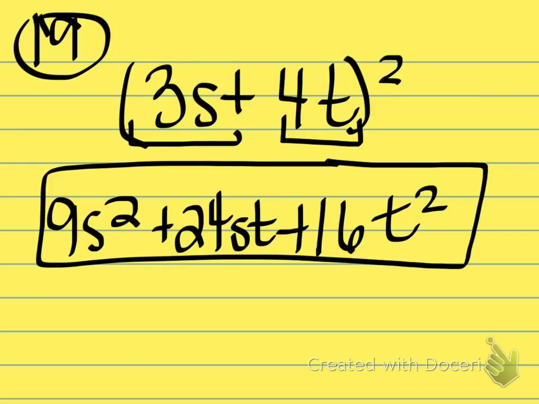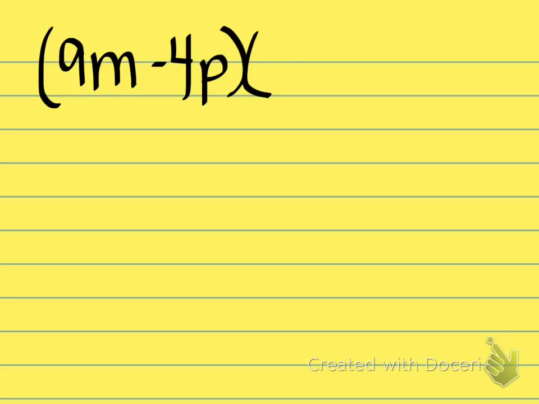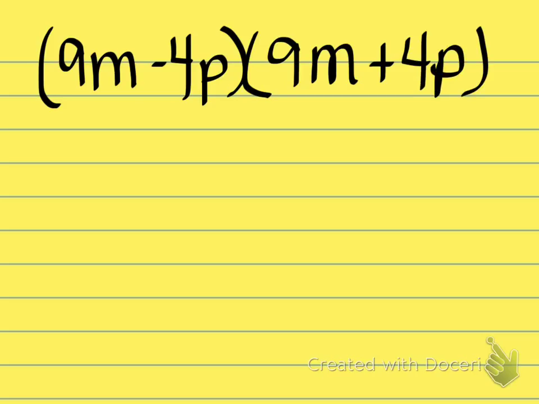All right, the last one was when we had those opposite signs in the middle. So we had 9m minus 4p times the quantity of 9m plus 4p. Once I see that I have binomials that are pretty much identical except for their signs, the only thing is I have one addition and one subtraction, I know that my middle terms are going to cancel when I FOIL this out. So all I have to do to find my answer is do 9m times 9m, which is 81m